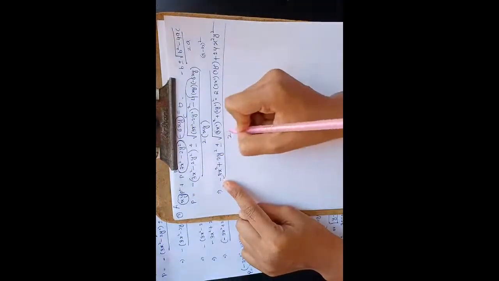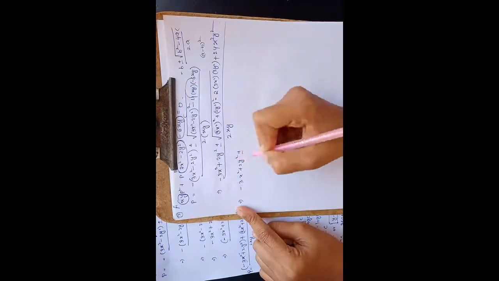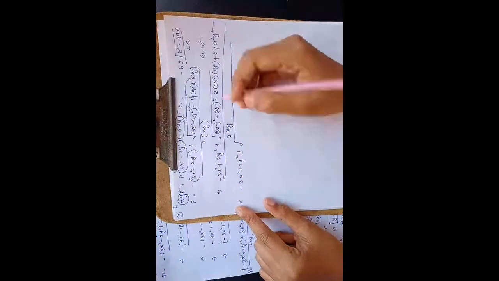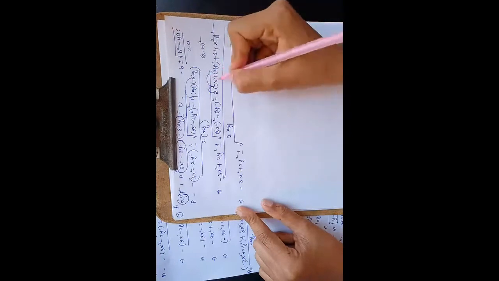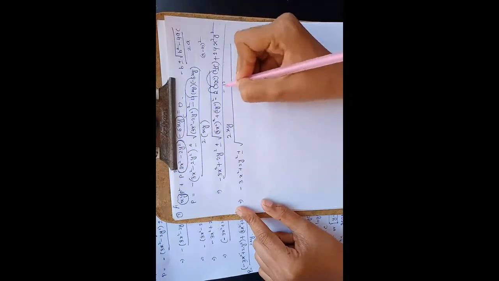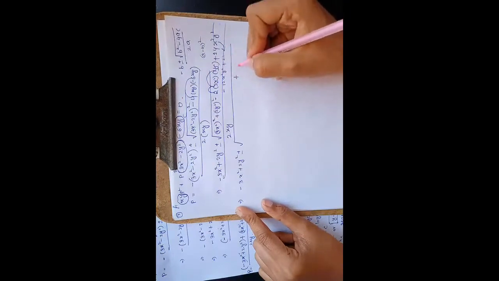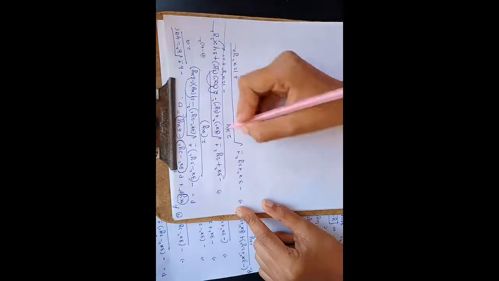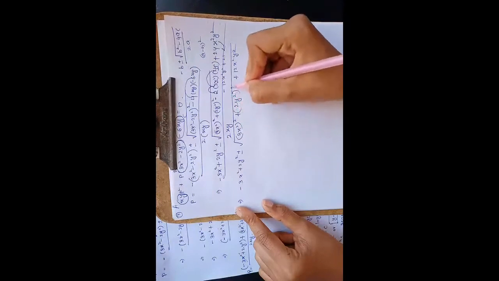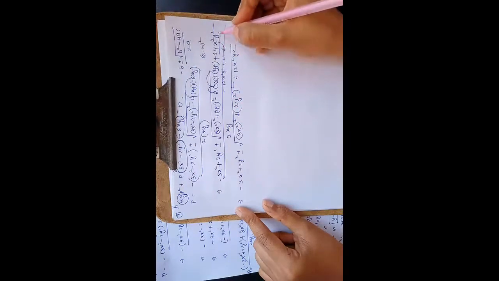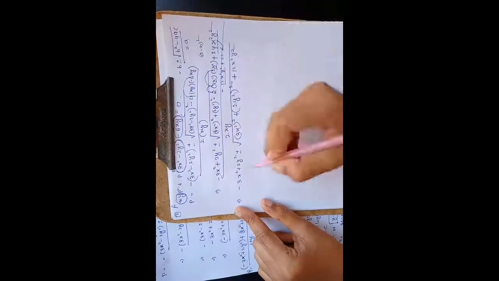So now I will write 3x square plus 2y square plus or minus root. So see here, 3 twos are 6 and 6 twos are 12, 12 x square into y square. So minus 12 x square y square plus 24 x square y square is positive, plus 12 x square into y square. Okay. So plus 3x square whole square plus 2y square whole square as it is. So 24 x square y square minus 12 x square y square is plus 12 x square into y square, divided by 2 x into y. Okay.